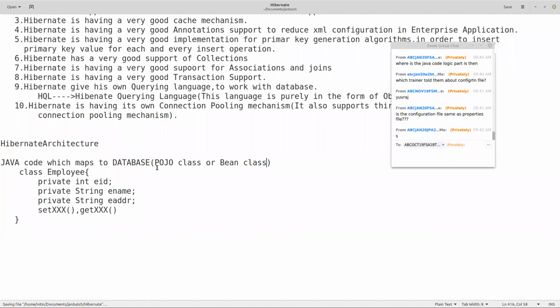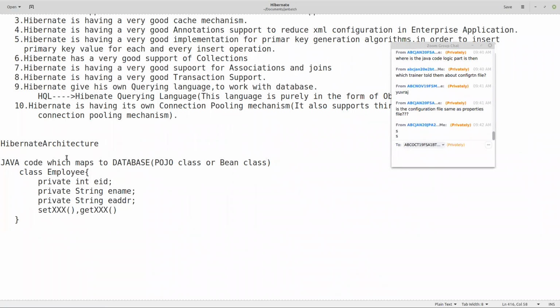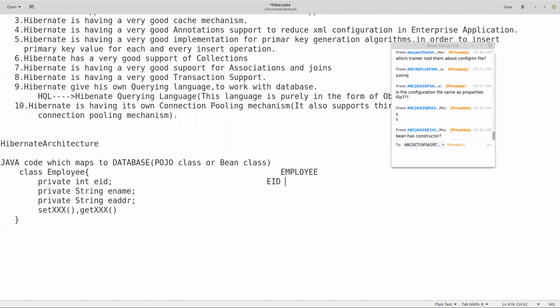Am I clear here completely? Now this class will map to the database. If you ask me what is there in the database, watch it. Database part, here only I will write. Table name, employee. Convention, you notice here, standards. But in the database, I will write everything in uppercase. That is the only difference. Convention. I will write employee name,